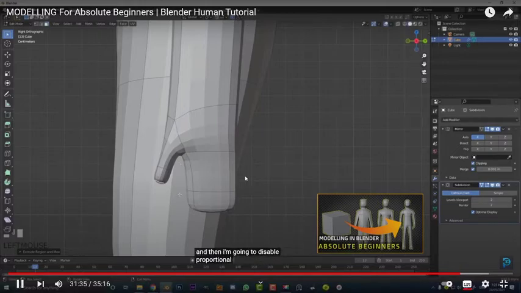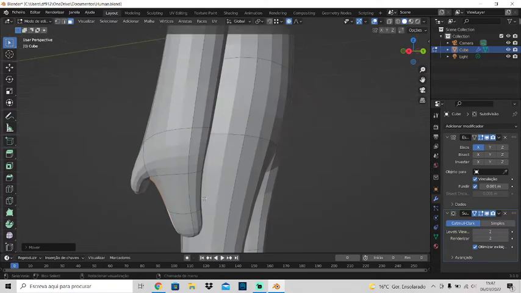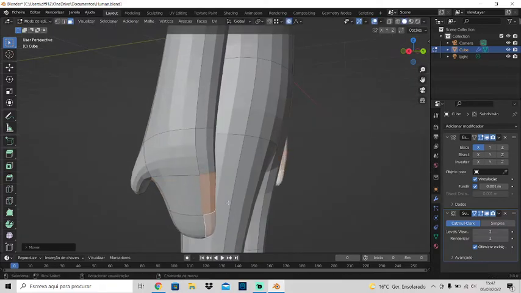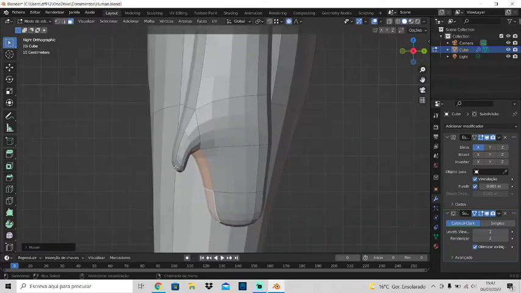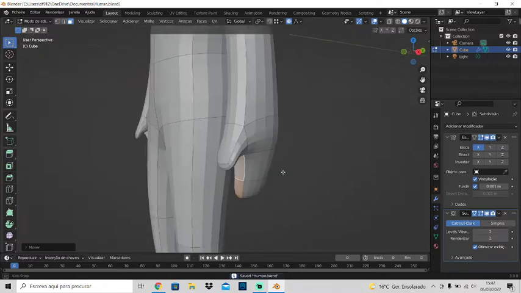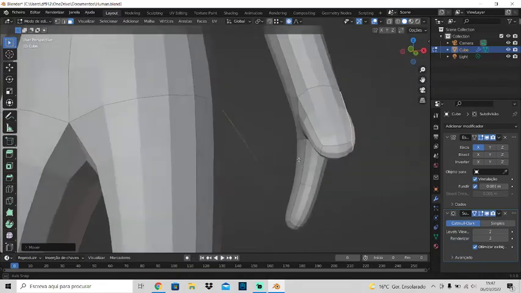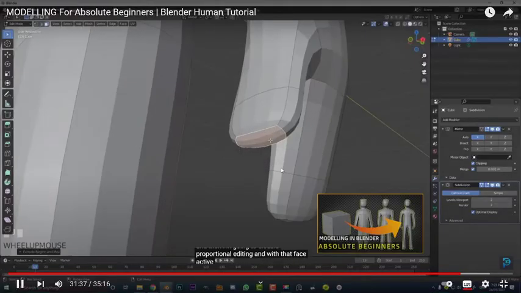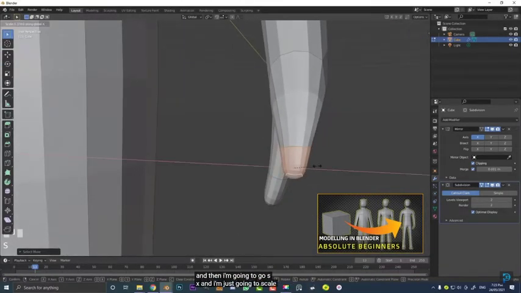And then I'm going to disable proportional editing. With that face active, I'm just going to go Control plus, and then I'm going to go S, X, and I'm just going to scale